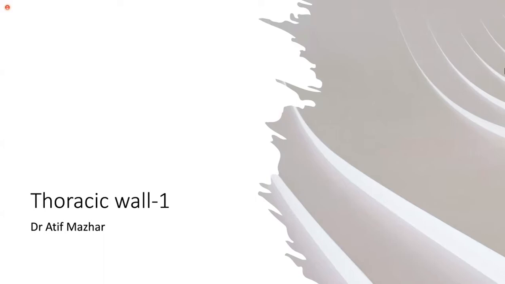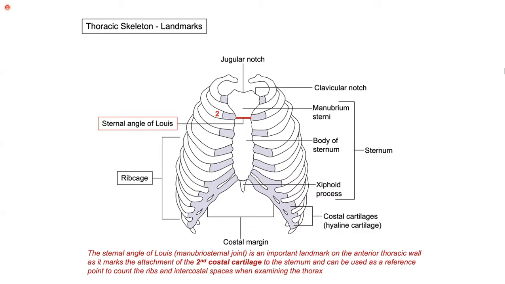So with this note, I'd like to start with this image. We have seen this image before and we are good with it. And right now what you are looking at, we are good about this angle of Lewis, the sternal joint. We talked about its significance. And now what are we proceeding to? We know the true ribs, false ribs. We know the floating ribs and we know their differences. We have talked about the vertebrae. So I will not be talking about those things again because we already know them.